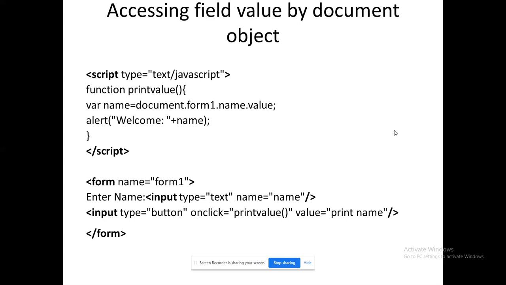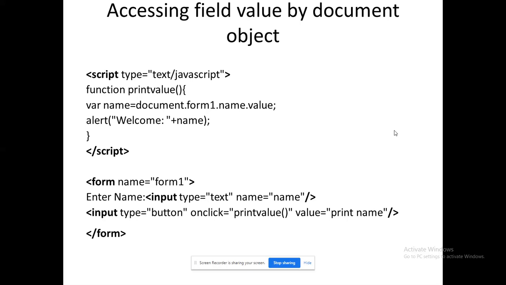Where is form1? Come to the second part of the program. The form name is equal to form1. That is the name they are referring to. Form1. Now we came to form1. form1.name. The second control we have is a text area, and that text area control's name is name. That's what they have given. So form1.name.